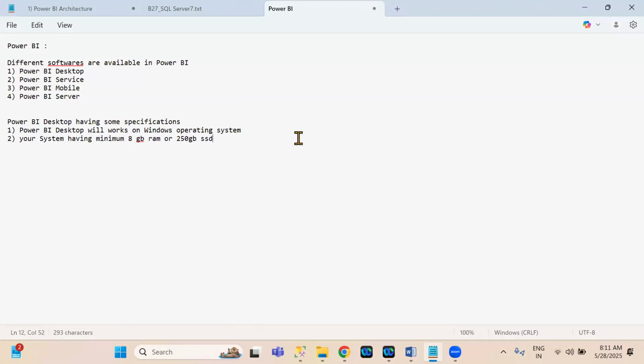Your system requires minimum 8 GB RAM or 250 GB SSD. Most of the people are using 4 GB RAMs. So you must upgrade yourself from 4 GB RAM to either 8 GB or else